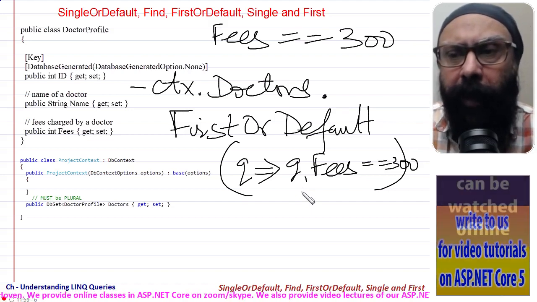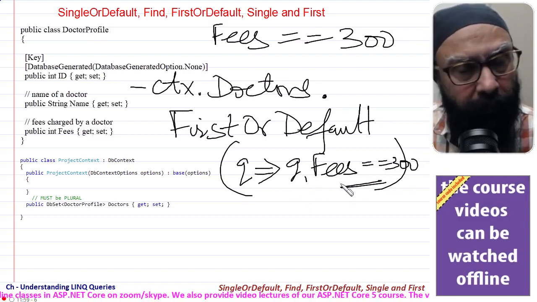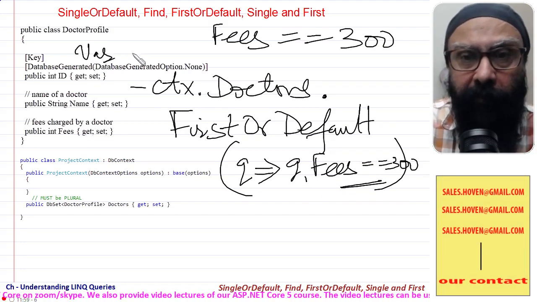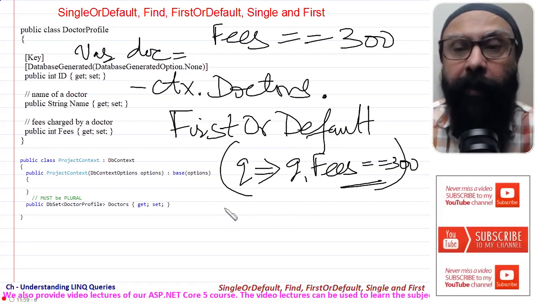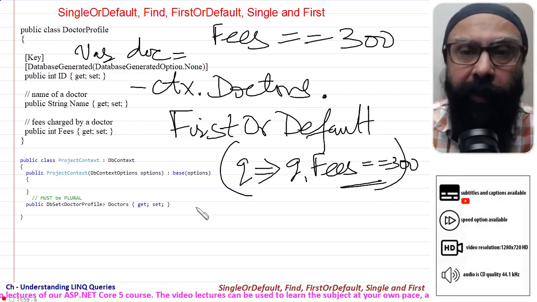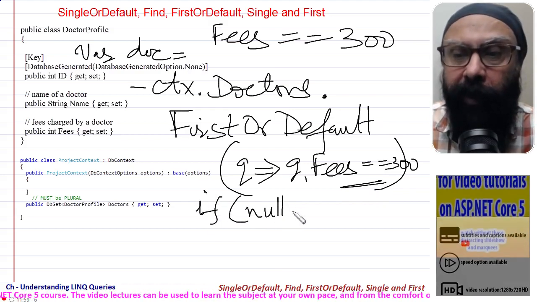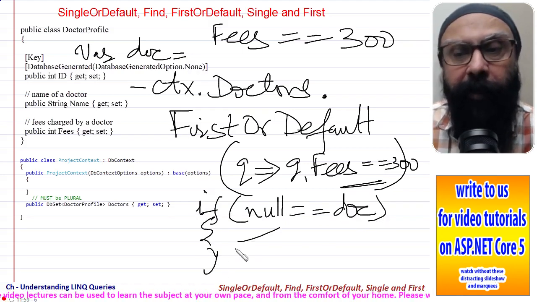It will give me access to the very first doctor who matches this value. And if I write DoctorProfile doc = _ctx.Doctors, then if there is no doctor with fees equal to 300, doc will be null, and I will again have to test if null == doc, I will do something, and if it is not, then I will